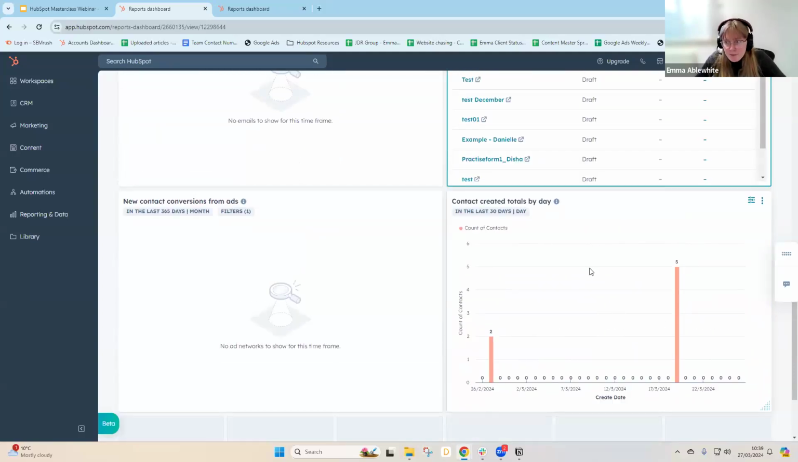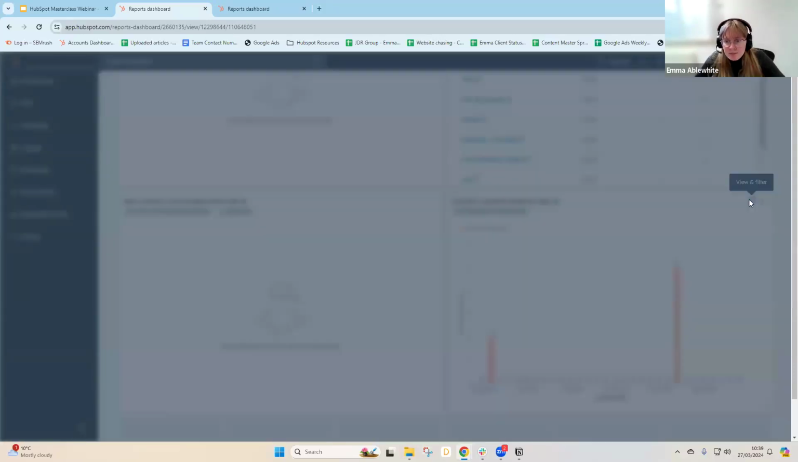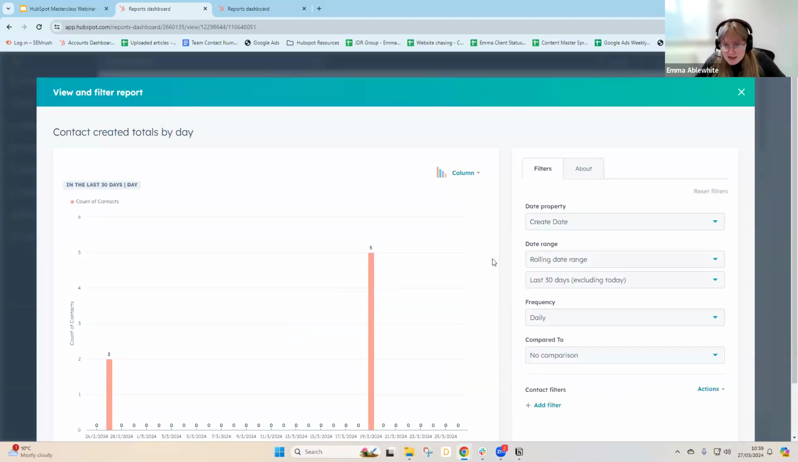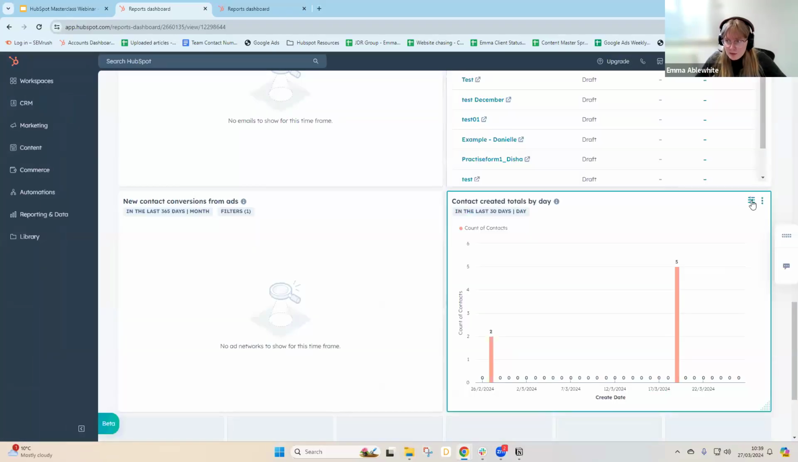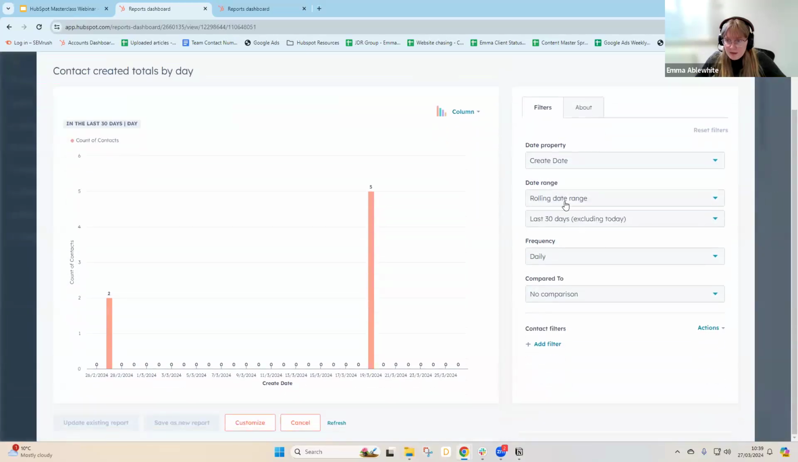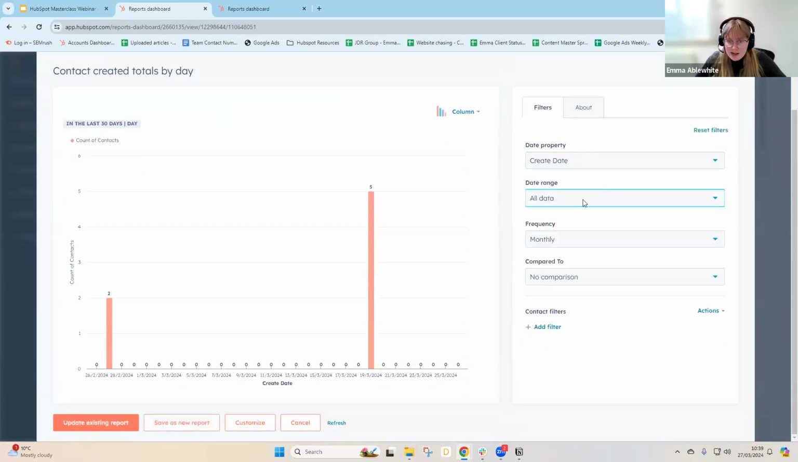Once you have a report that you like, you may want to make some tweaks to this report. So for instance, I might want to look at this report and see this over more than just the last 30 days. So what I'm going to do is click on the 3 lines here and edit my date range. So let's go for all